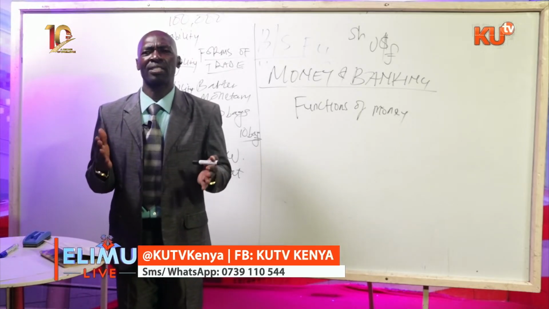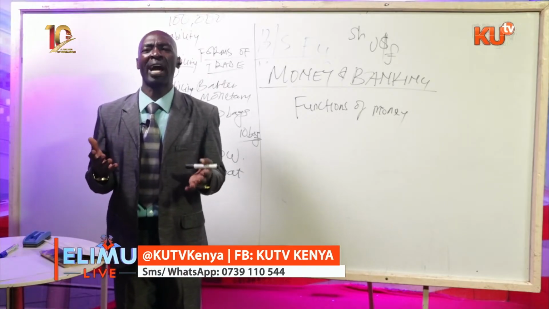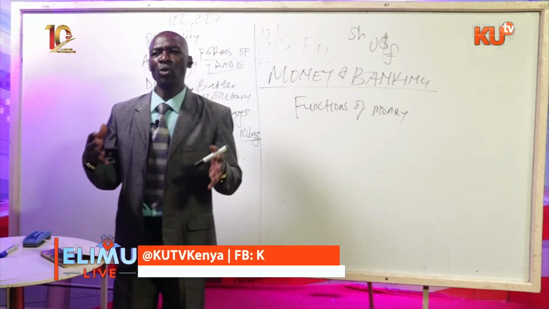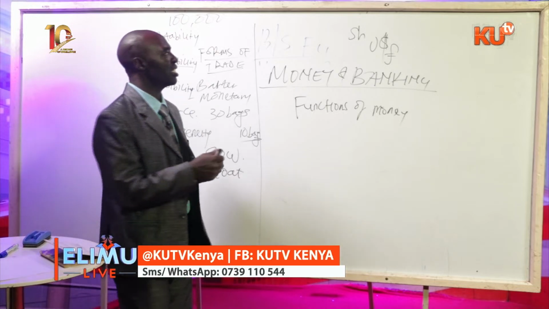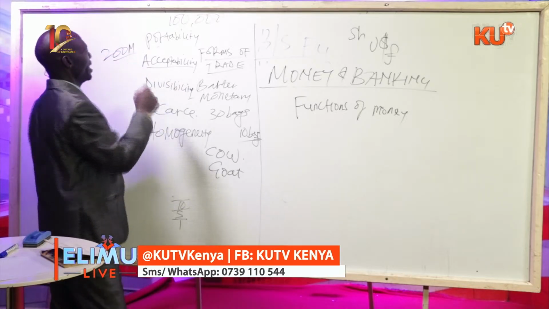If you are asked, how much do you own? What do you claim to be having while alive? What is your net worth? So that is, you put it in form of money. My net worth is 200 million. For example, somebody can say, my net worth is 200 million.